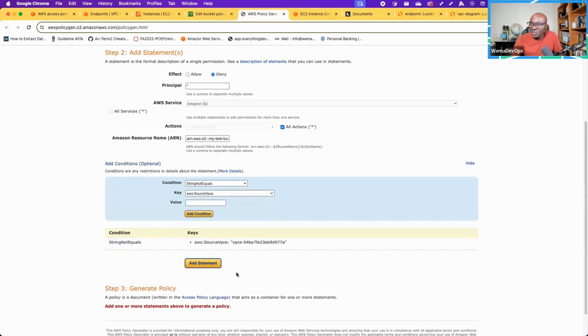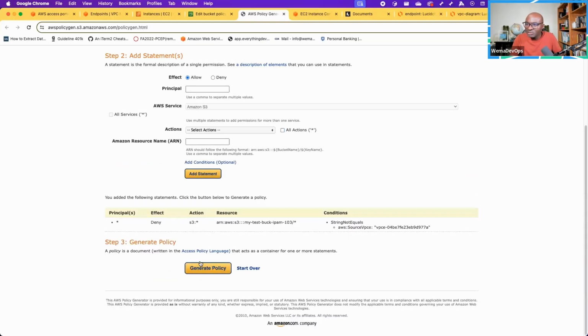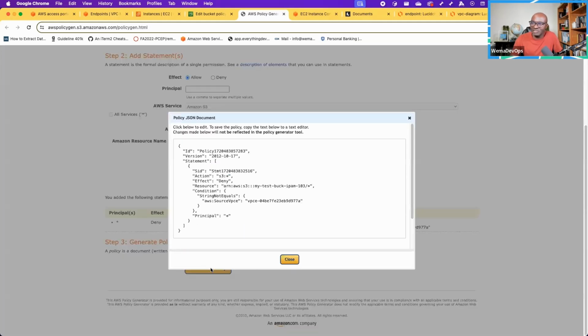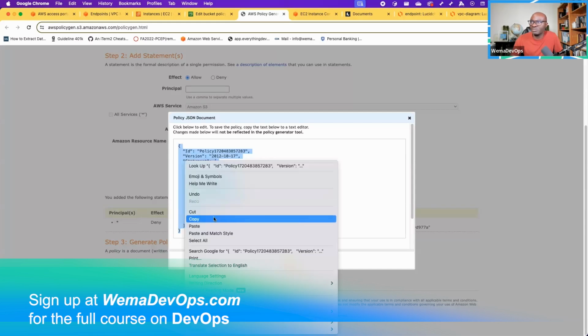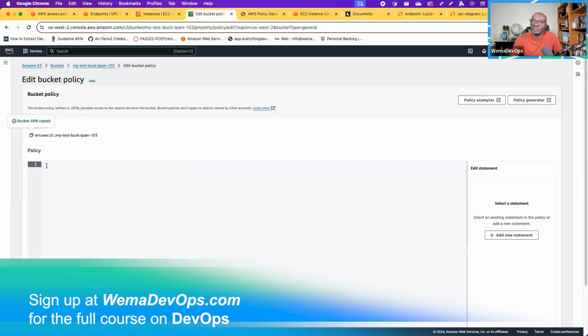String not equals, okay, I just need to add the statement. So all principals, effect is deny, all S3 actions. This is the bucket, but I've put a condition: if the source VPC is not this, then the effect is deny. So I can generate the policy. Once you generate that policy, this is the condition. Okay, so I can copy that policy as it is, go back to edit bucket policy, and